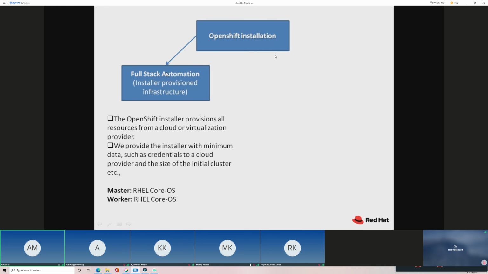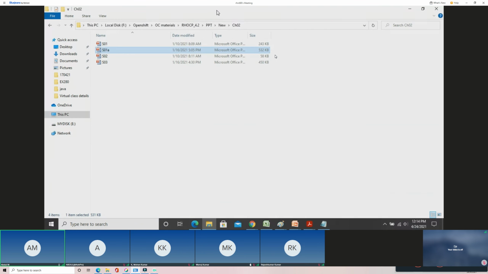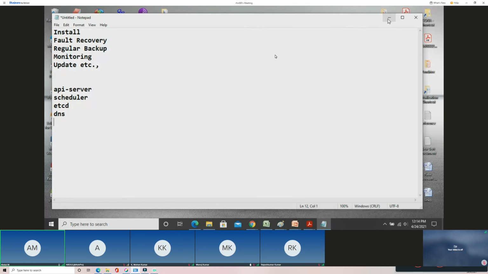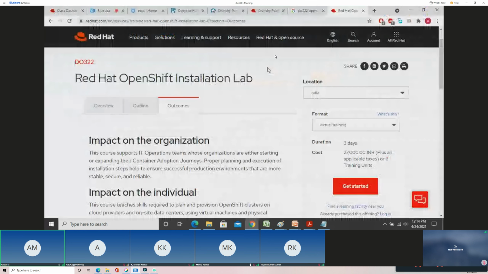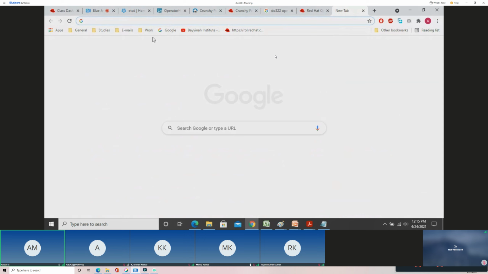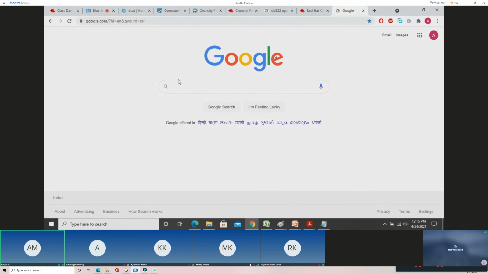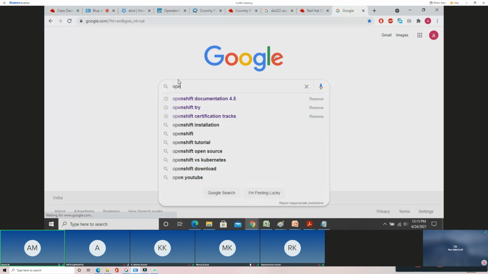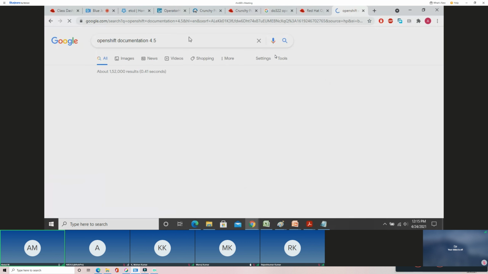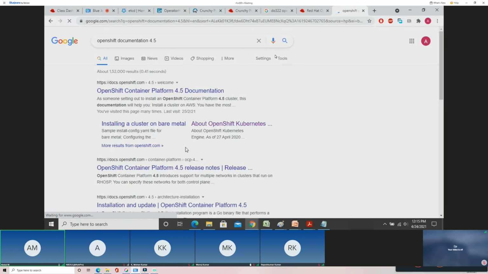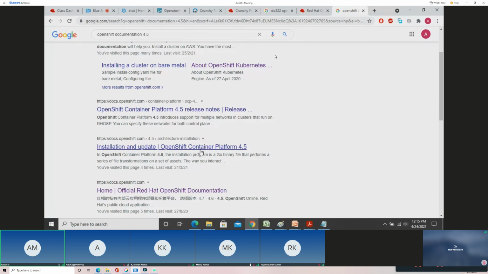But there are a lot of details to it. I will provide you the link to know more about it. If you want to learn more about installation, you can go and find how to do that there, because we are not able to discuss more on installation, as installation itself is a separate topic. On the OpenShift documentation page, you will find a lot of references on how to do the installation on different platforms or different environments, because you can install OpenShift on data centers, and you can install it on